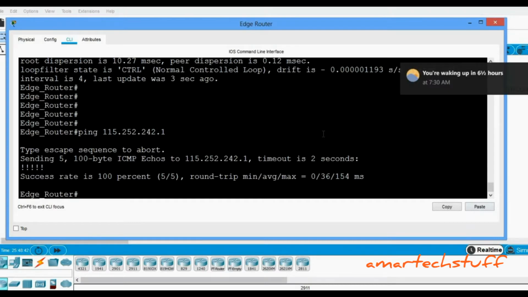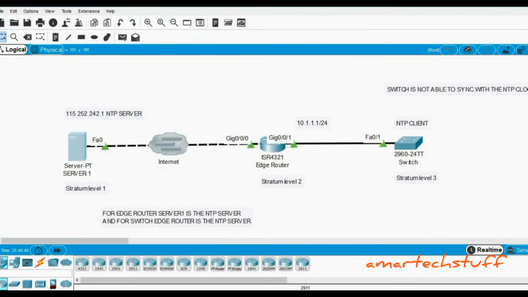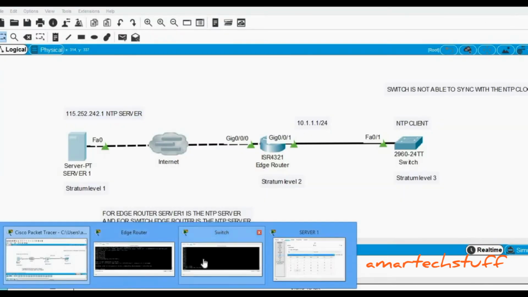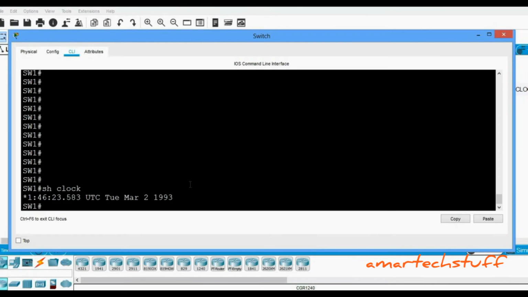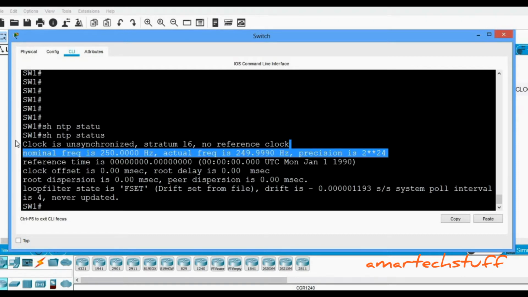Let's check it on this switch. Just go on this switch and run those two commands, show ntp status. The clock is unsynchronized, the stratum is 16. It is unsynchronized, that is why it is showing the highest value, that is 16, and there's no clock which is synchronized with it.